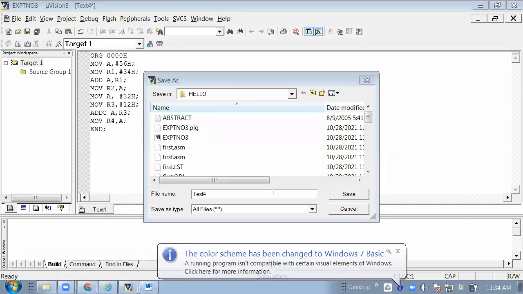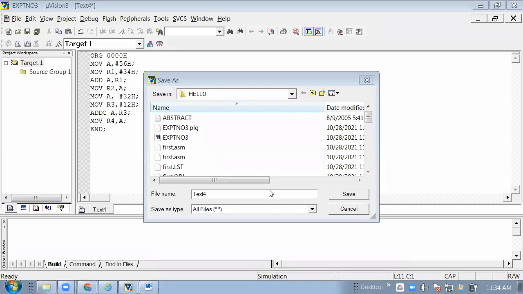Have you seen the screen? So give the name of this file. Suppose I am giving the name addition 16, add 16 or addition 16.